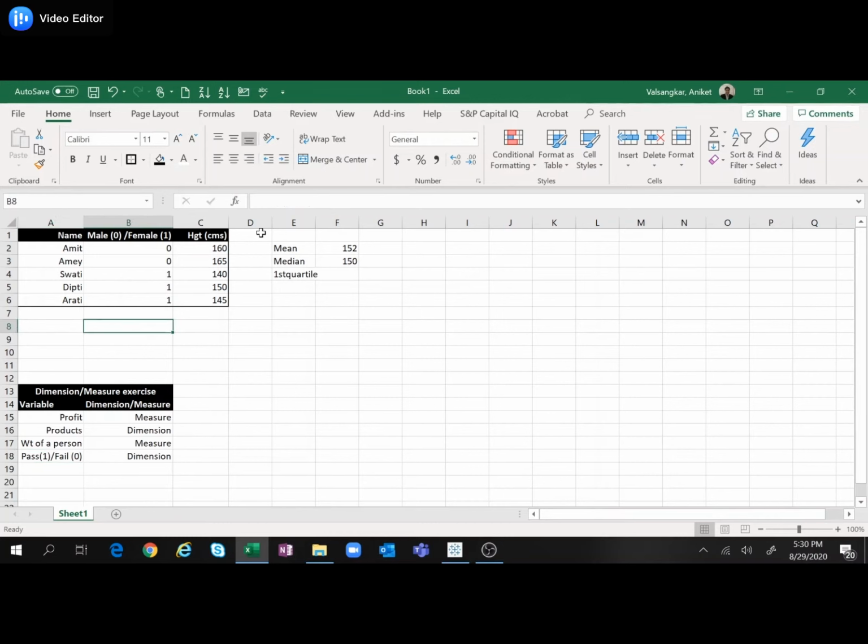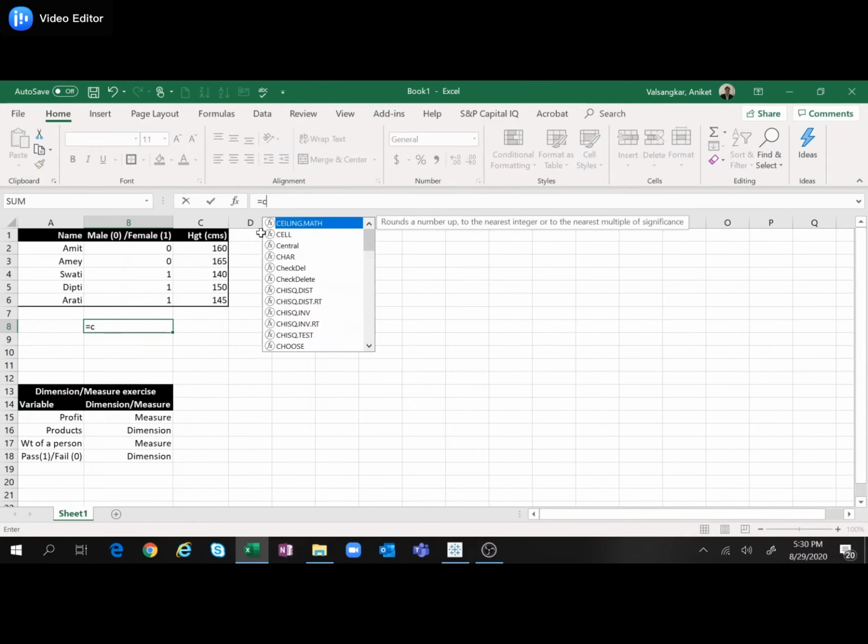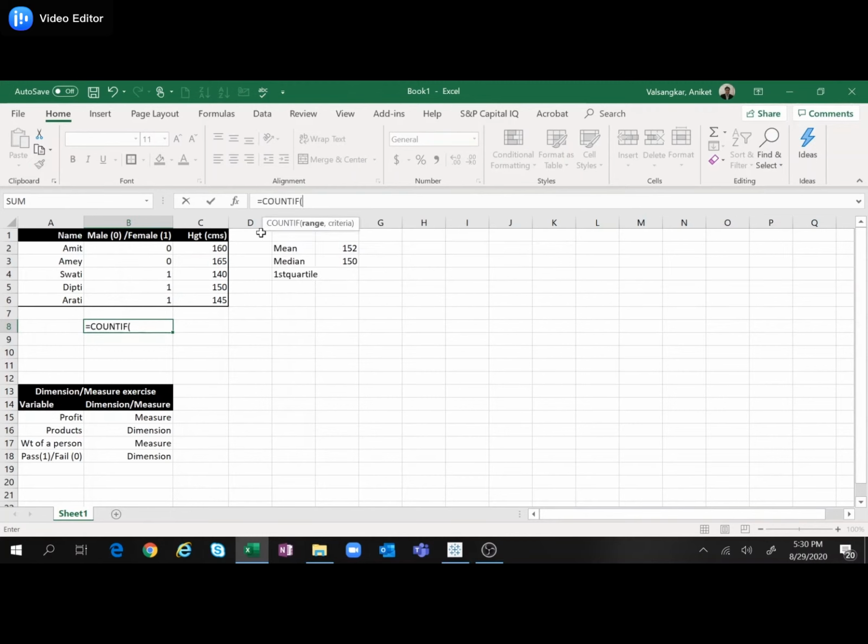Generally, for a dimension, what does make sense is count. So if you want to count, let us say, the number of females, then there are three females. So this does make sense. So for a dimension, generally what makes sense is the count, and for a measure, all the descriptive statistics make sense. So this is the basic rule of thumb. I hope you have got it, or from now onwards you will be very comfortable in distinguishing whether a variable is a measure or a dimension.